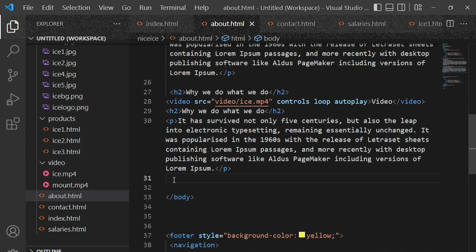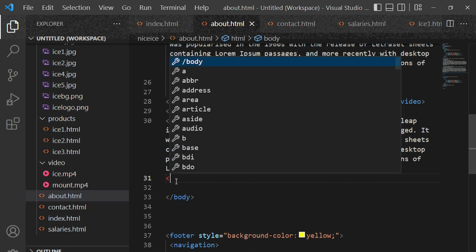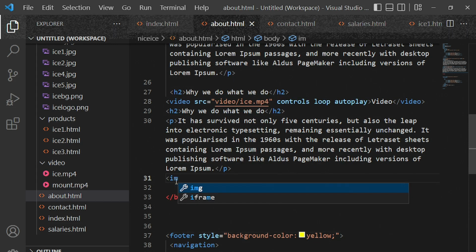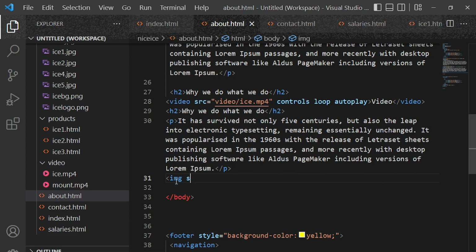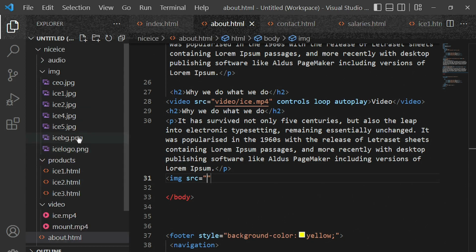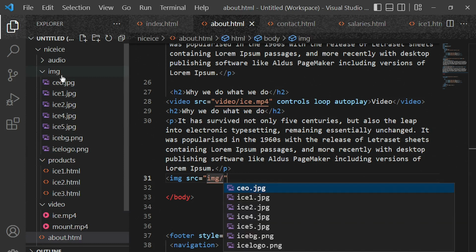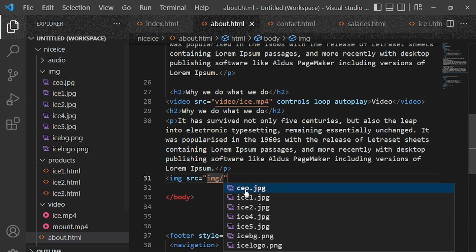This time, let's insert an image. Okay, so less than img, src for source, and we have our image inside a folder called img. So img/ and inside you pick this CEO. Okay,